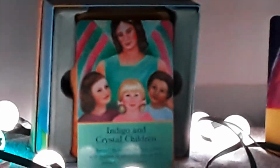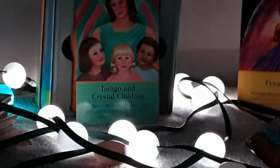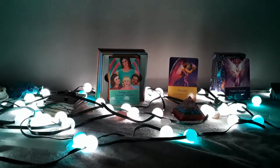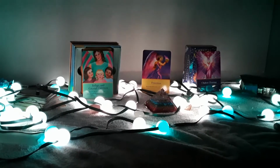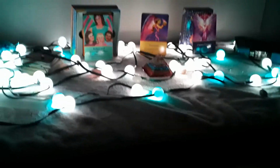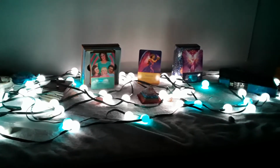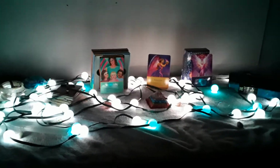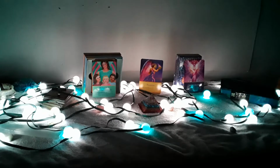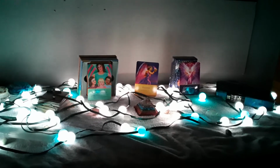So, crown chakra alignment. I hope you got the transmissions in this energy. Let's close up this meditation. So breathing in and out of your crown chakra, relax. Breathe. When you're ready to return to the room, repeat this mantra. In this relaxed state,